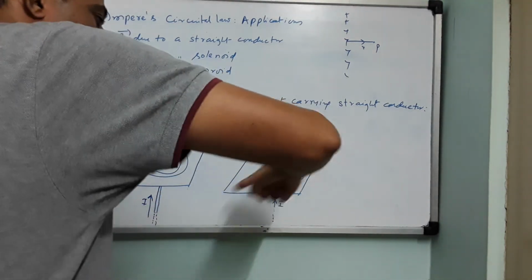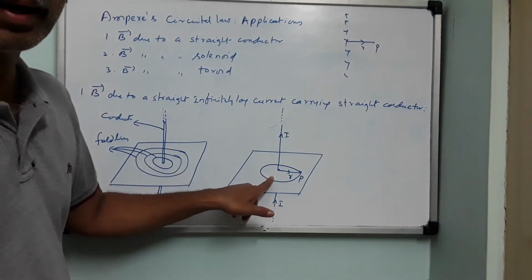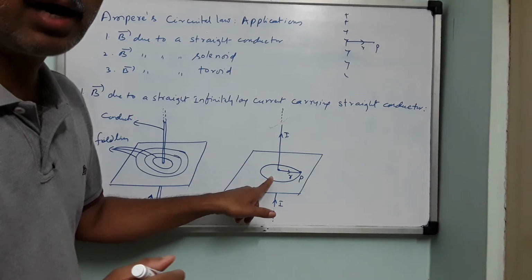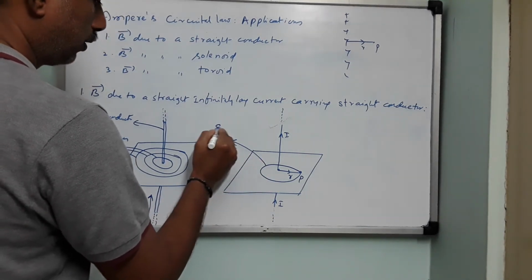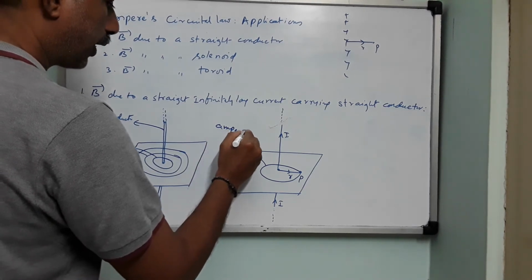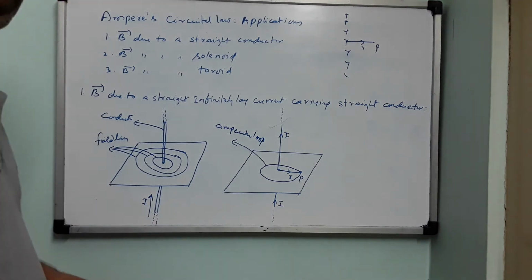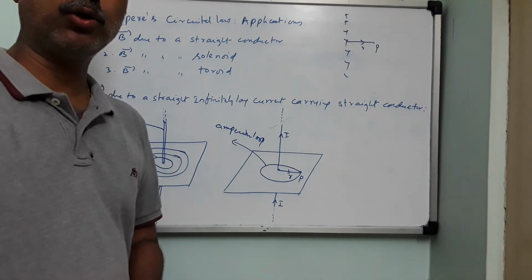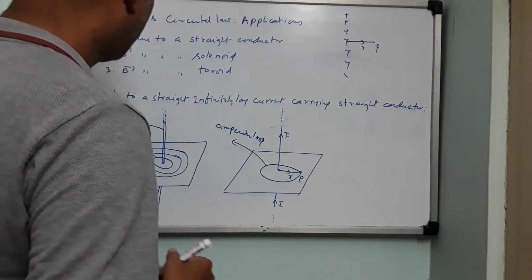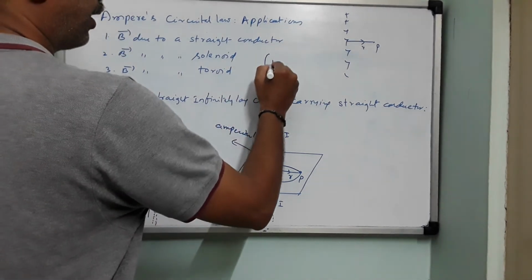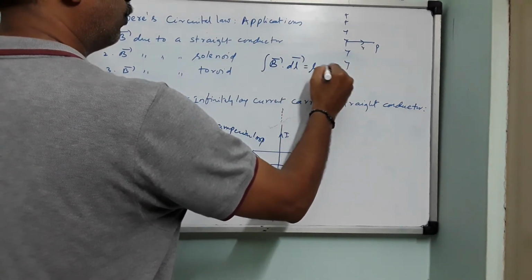So in this plane it is like this. This is not the magnetic field I have drawn. What I have drawn is the Amperian loop. Why Amperian loop? The law says like this: the line integral of magnetic field for a closed loop is directly proportional to the current enclosed by the loop. Okay, this Amperian loop. Right. Now what is the law? Integral B dot dl equals mu naught into I enclosed.